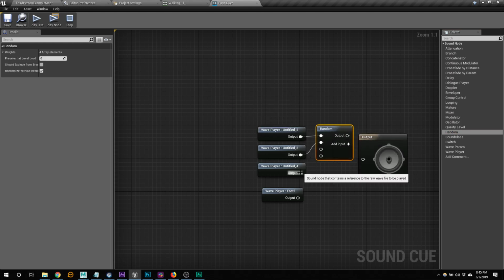So this gives a little bit more organicness. People don't see the patterns of the fact that I'm only using 4. And then I want to